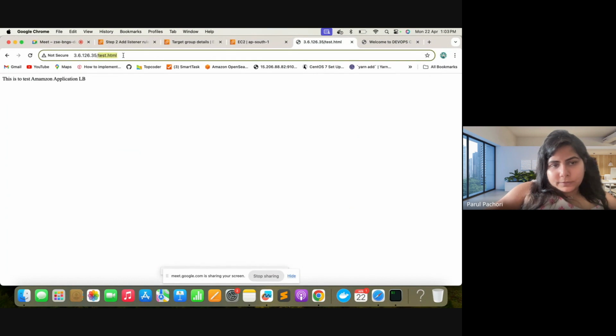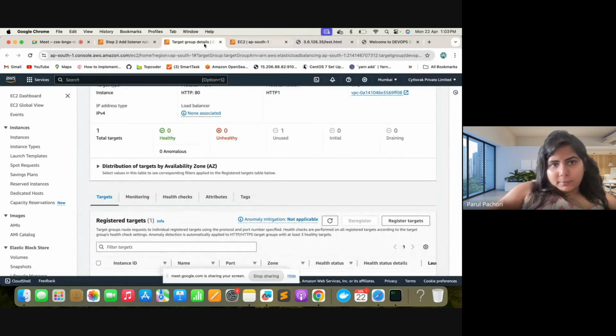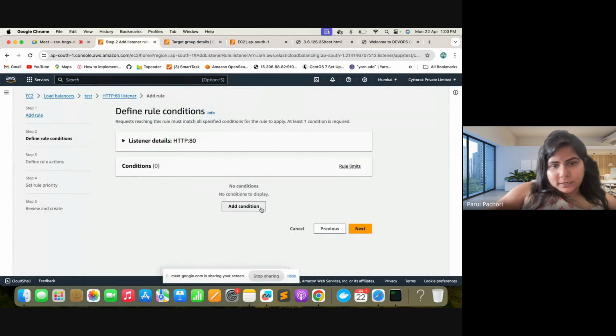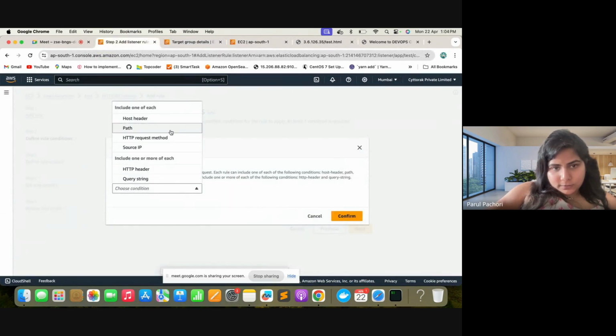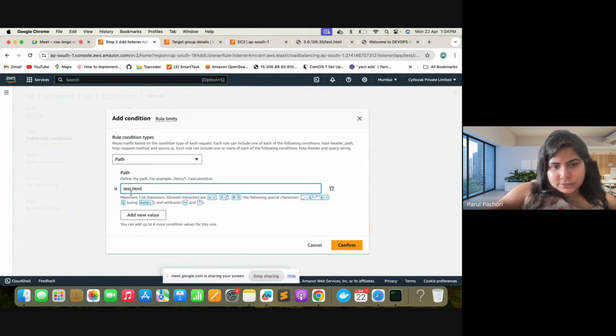Now what I'm trying to say here is, I'm trying to add a rule saying that if there is any path which says slash html,